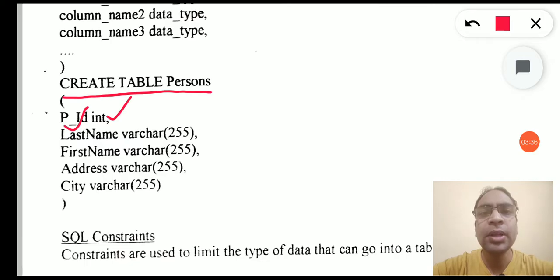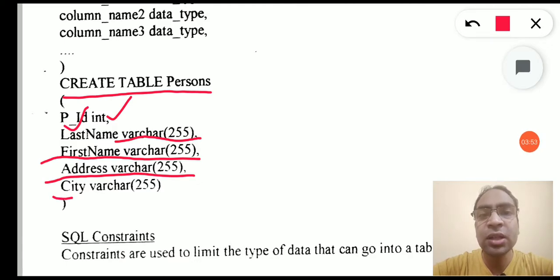The second column name is last name with the data type varchar, size of 255 characters. Then first name with varchar 255 characters. Then we'll take an address field, varchar 255 characters, and lastly city, again a varchar field with a maximum of 255 characters.